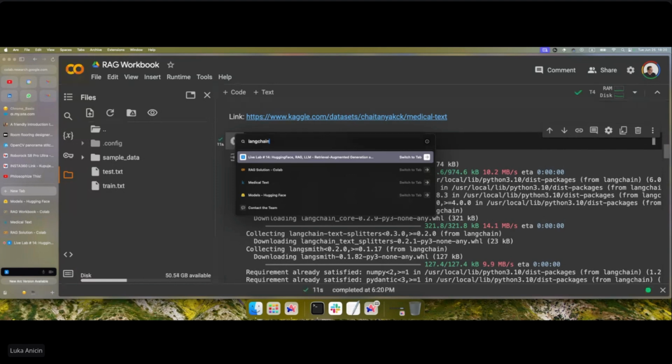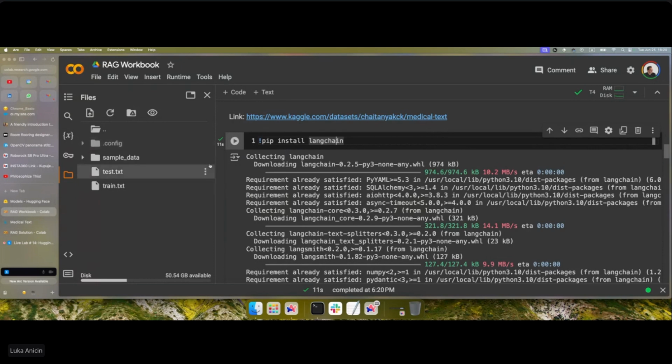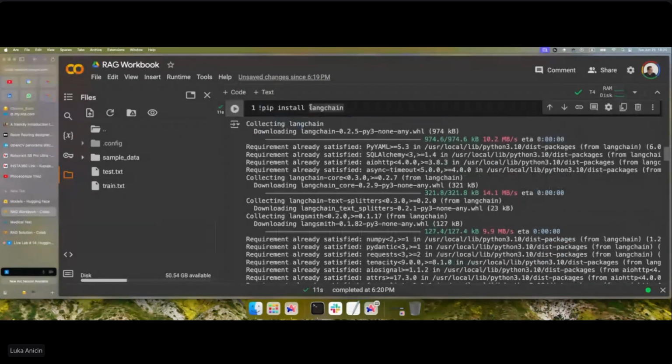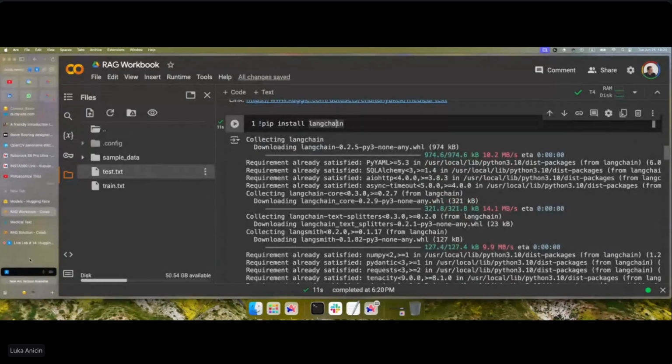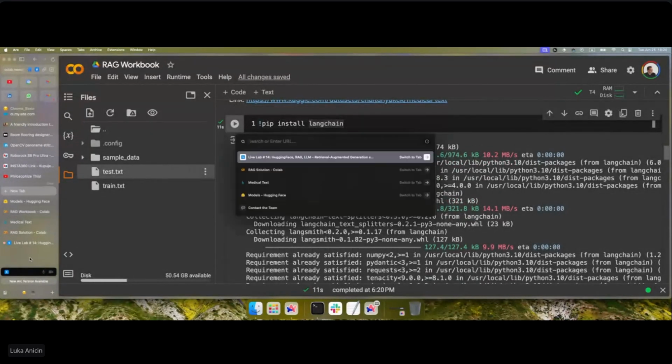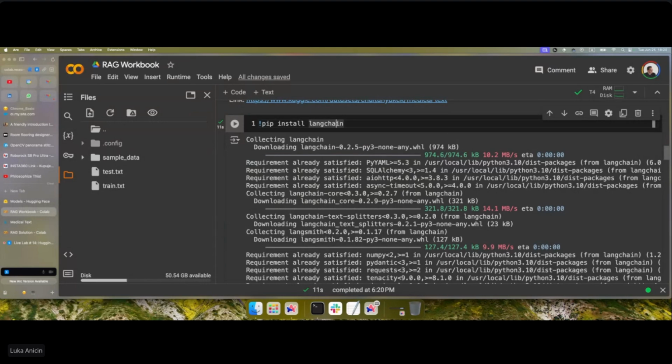LangChain is a big library of a lot of techniques that allows us to work with these models, like open them, load them fast, load the documents, and then basically create these RAG systems in no time. And LangChain, which is amazing, supports natively